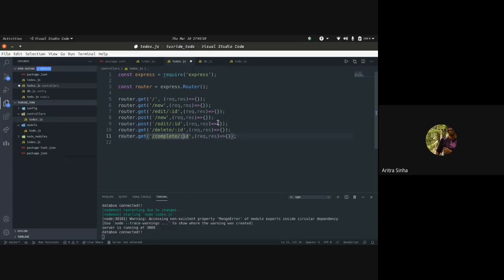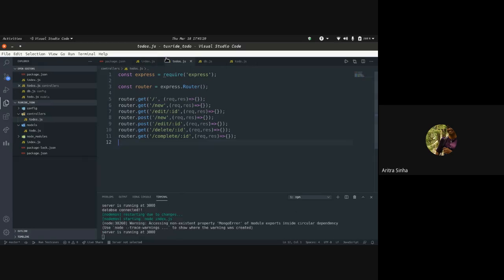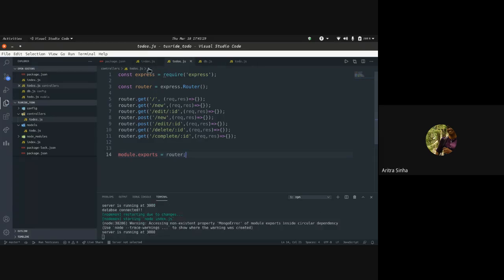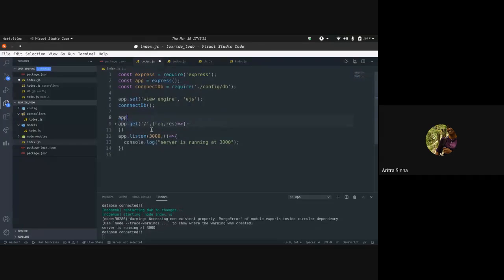Okay, these are all the routes. So these are to do specific, and these two are kind of separate among themselves. So now we will just export this router to our index page so that we can use it there.